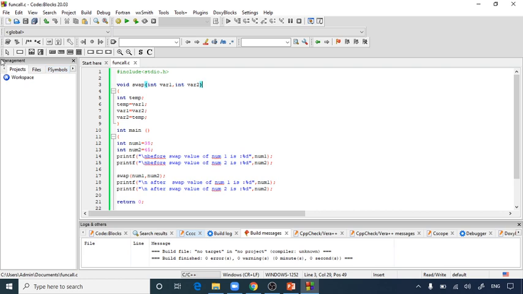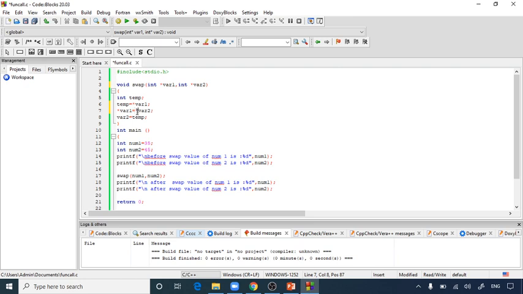Now I am going to modify this function. Simply I am putting an asterisk sign here, because in the function called by reference method we are actually using pointers to address the variable. So here I am using the ampersand, and here again asterisk, again asterisk.